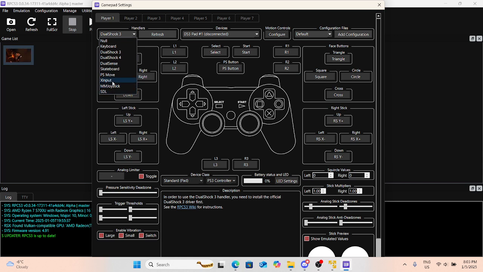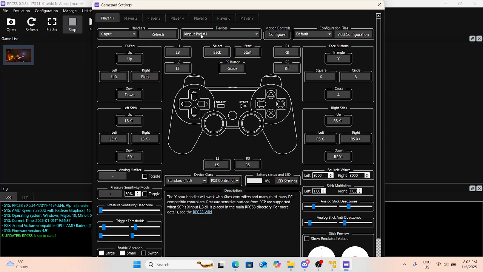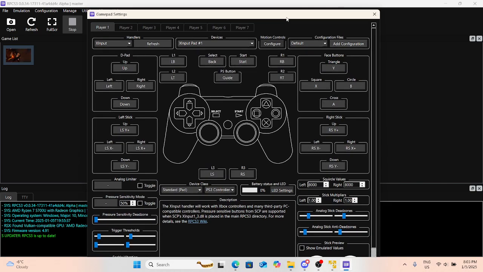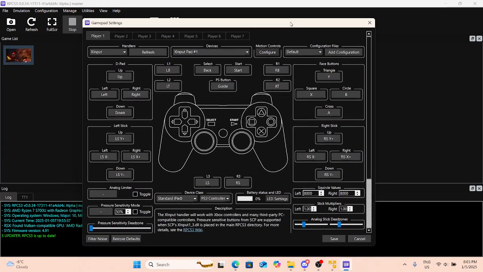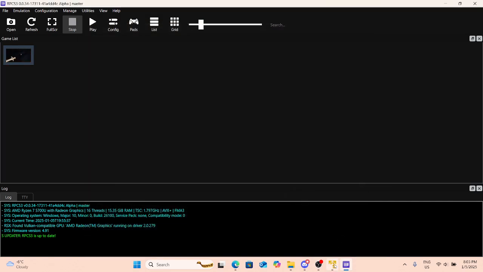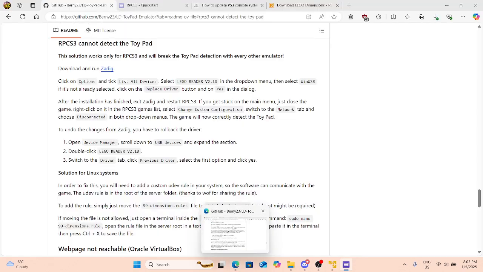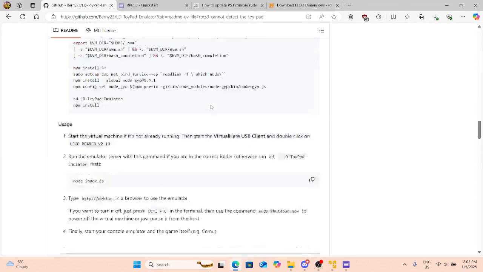If you have like X input, that's how I use these controls. So yeah, but it's okay. And then you're gonna click on save. And then when you're getting ready to start,